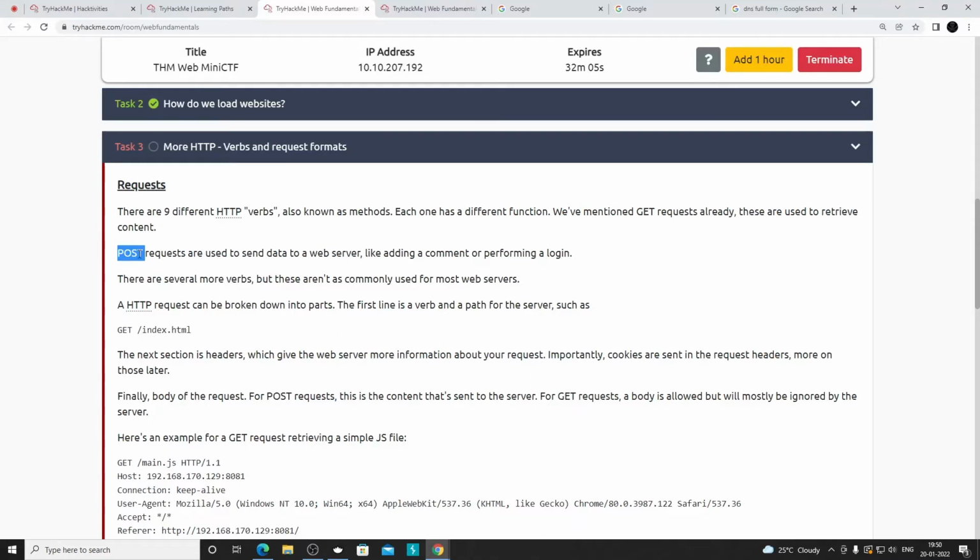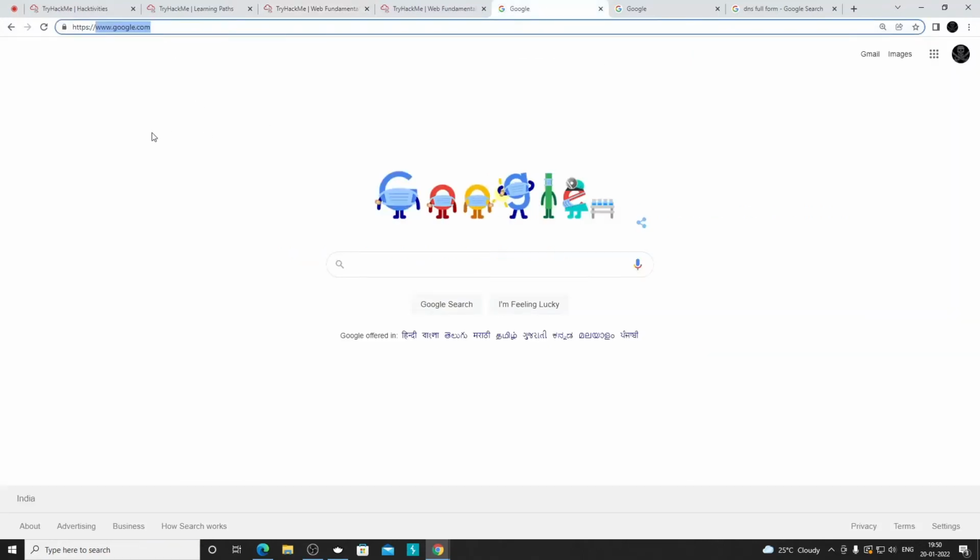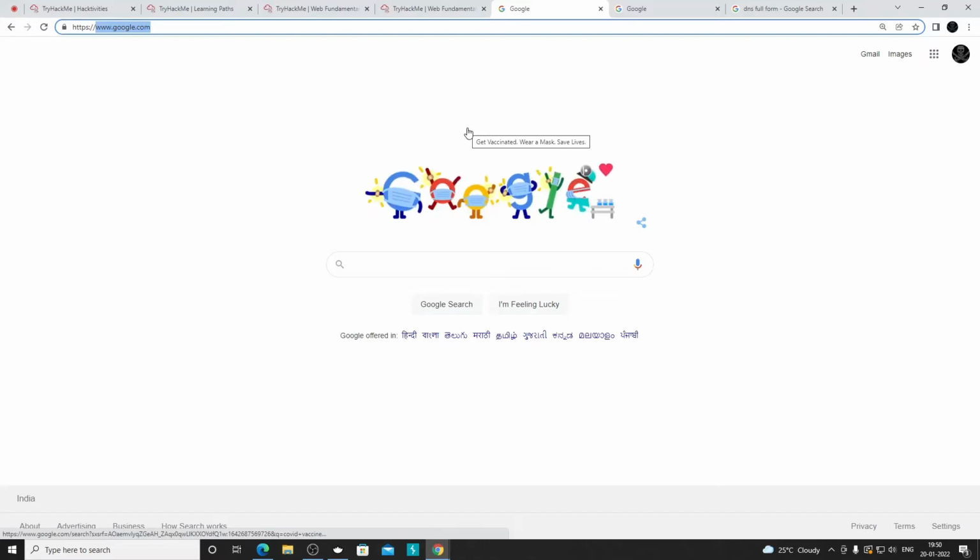Now most of the time when we use the POST HTTP method, we use it to send data to the server. So what is the difference between GET and POST? With GET, we mostly send a request to get the data. We can understand that from the name GET itself. Most of the time, it's to get the data.